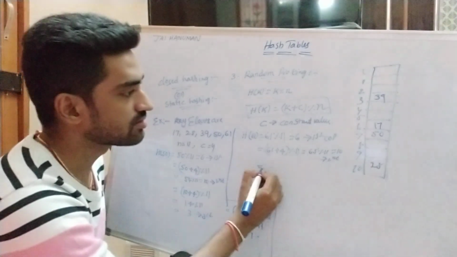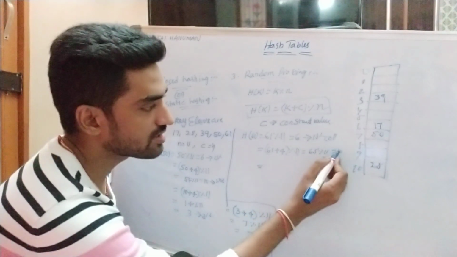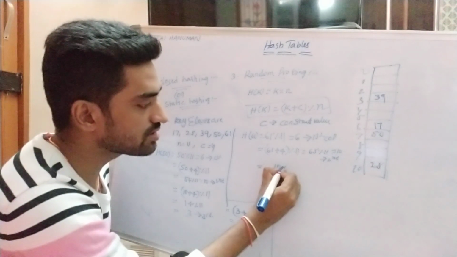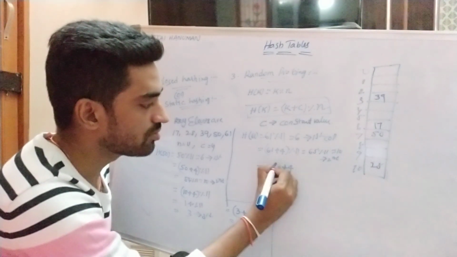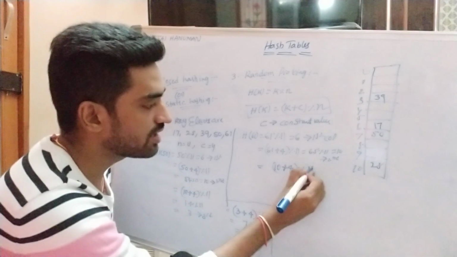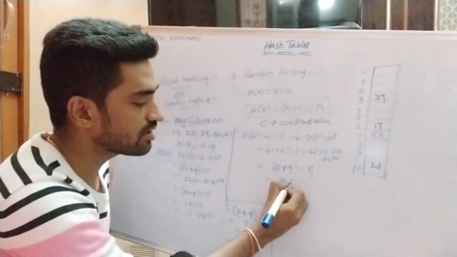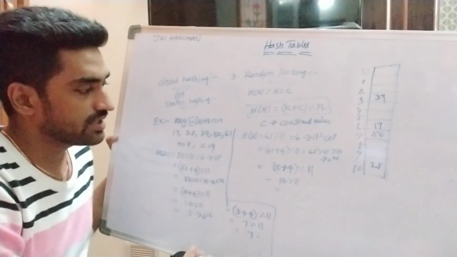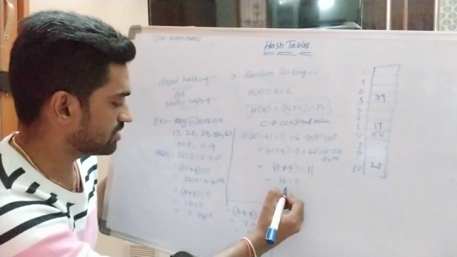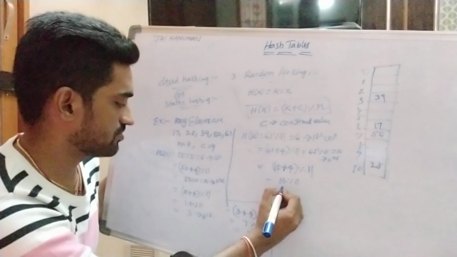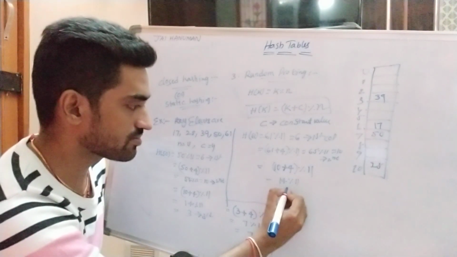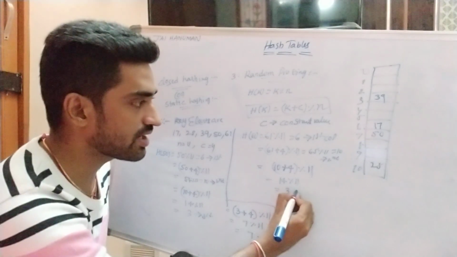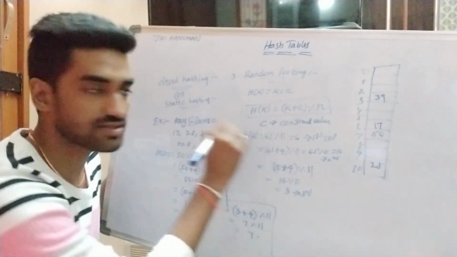Again we are applying random probing. So the random probing result was 10. 10 plus 4 modulo division of 11, 14 modulo division of 11. Right? So 14 modulo division of 11 means it returns 11 ones are 11, remainder 3. So the third position is not a vacant position. Third collision occurred for 61.